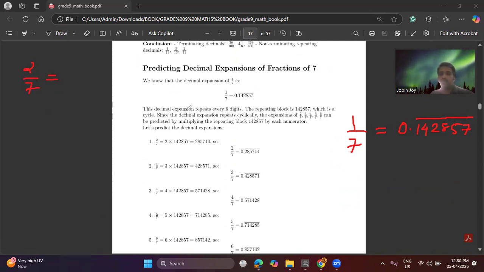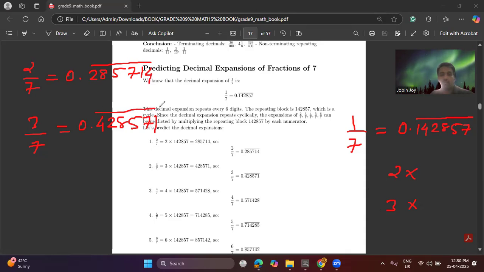So how will you calculate 2 by 7? Just multiply this with 2, you will get 0.285714. Understand? Next is 3 by 7. You just multiply this with 3, and you will get the answer